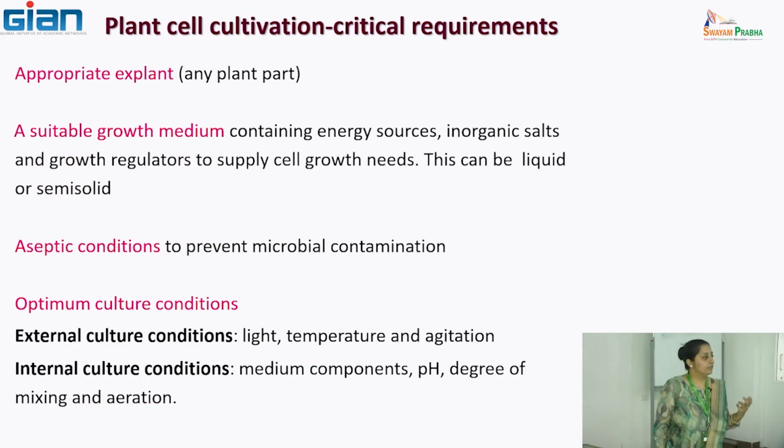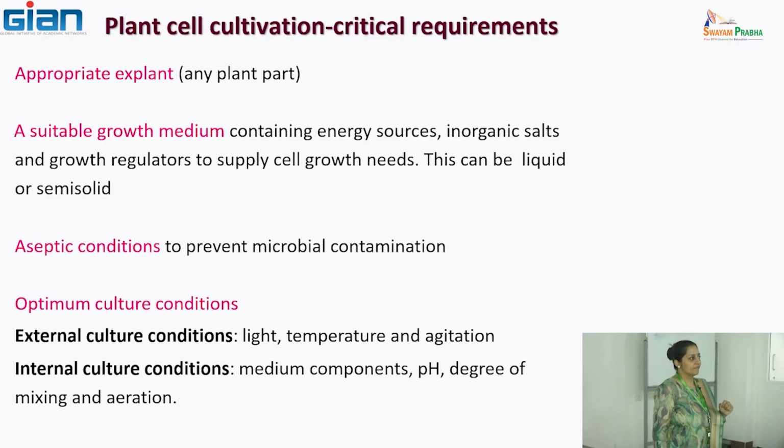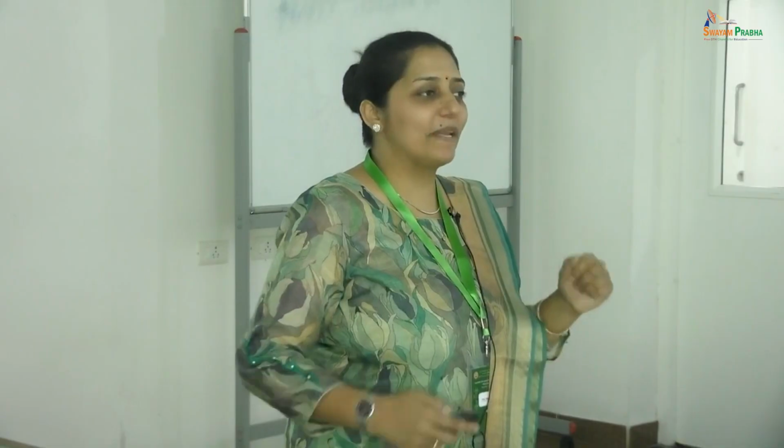So what do we need to develop a plant cell based bioprocess? We need first the cell line or the callus line, for which we need an explant. Explant is what? An explant is any plant part. Although I say any plant part because the plant cells are totipotent in nature, when you are looking to develop a high yielding cell line, any guess which plant part will you be looking for to begin with? Which plant part should you be looking at? What earlier investigation should be done? Or should you just randomly pick up any plant part?